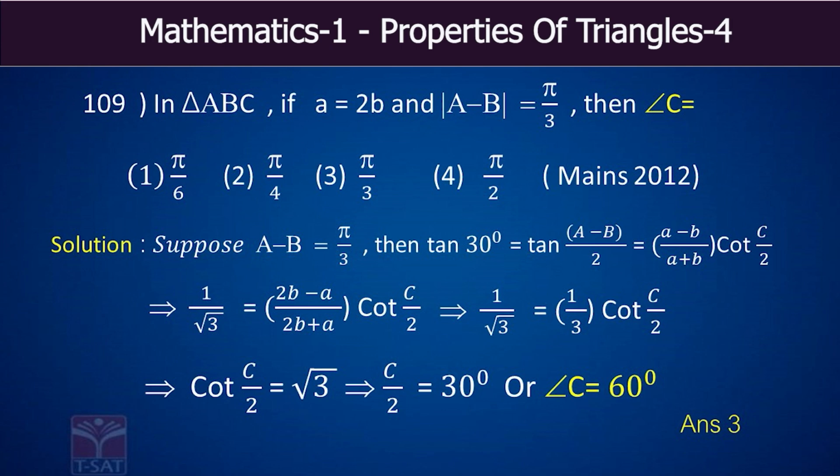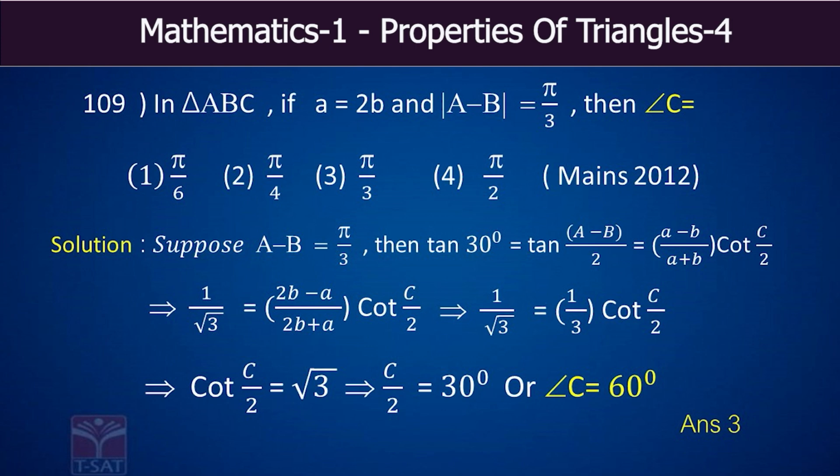109. In triangle ABC, if A is equal to 2B and the difference of the angles A and B is pi by 3, then angle C is equal to 1) pi by 6, 2) pi by 4, 3) pi by 3, 4) pi by 2. EAPCET 2003. A minus B is equal to pi by 3, then tan 30 is equal to tan of A minus B by 2. Now use Napier formula: A minus B by A plus B into cot C by 2. That is 2B minus B by 2B plus B into cot C by 2,